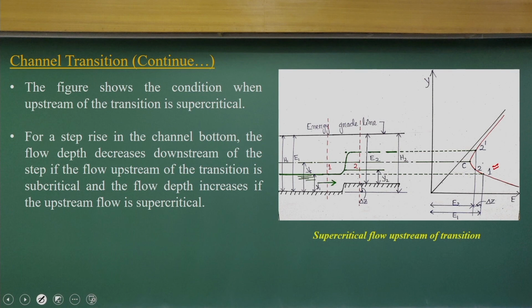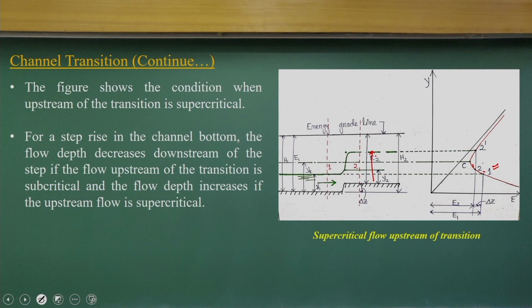In that case the solution will be 2 here. The flow depth is going to increase, and you can see in this curve that the flow depth is increasing and the velocity is decreasing as the rise happens, as the flow is